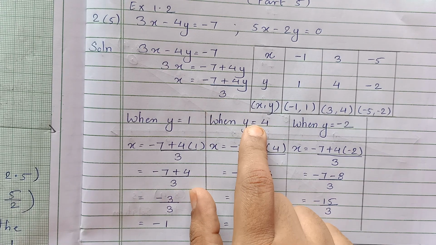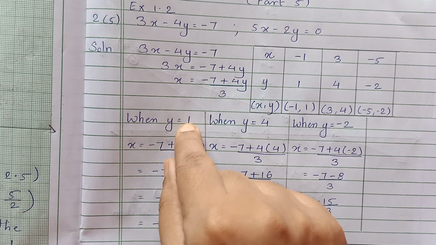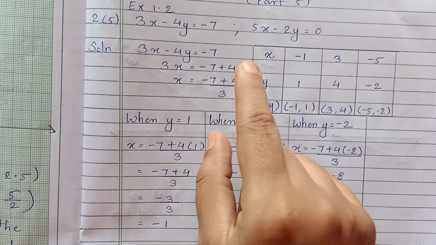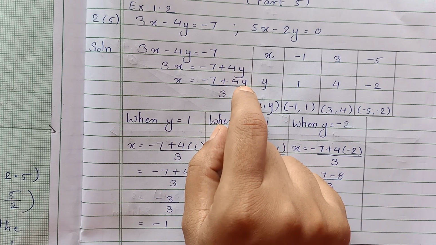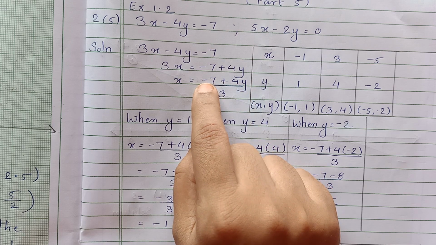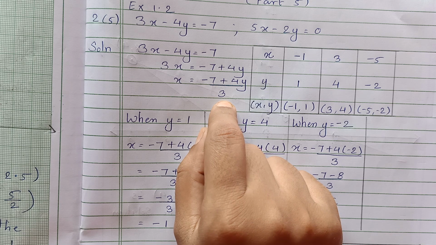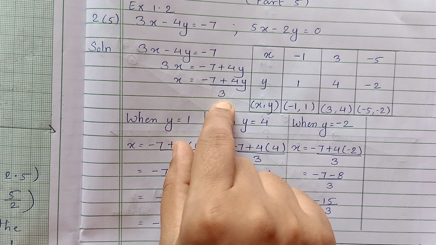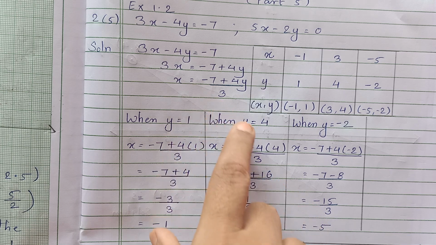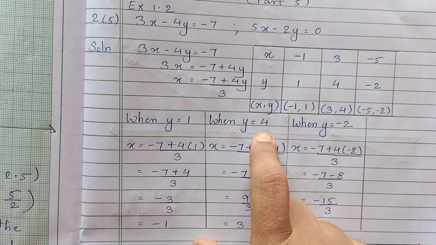Now if you observe the next value of y: y equal to 1 is over. If I take the value of y as 2, this will be 4 twos are 8. 8 and minus 7 will give you the answer 1, and 1 upon 3 will give you a decimal answer. So again it will be problematic to plot the point on the graph paper. So I am taking selective, favorable values of y, you can say.